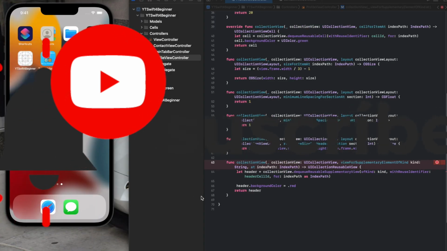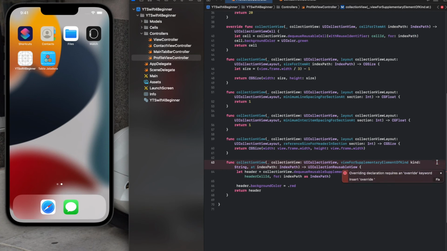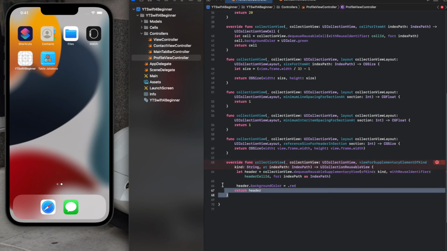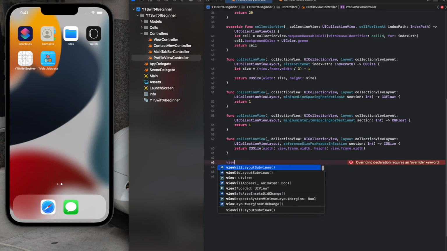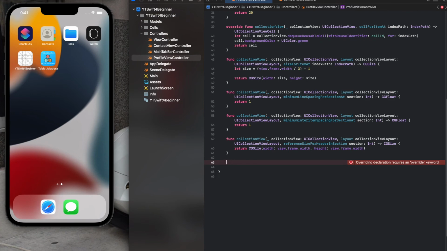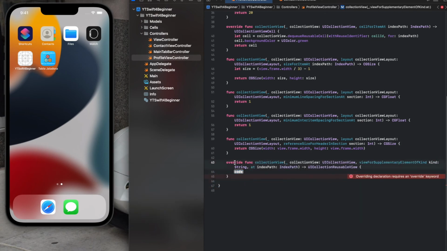So 2 minutes after I finished the video, I found out the solution. So we need to insert override, right? So basically, let me copy this. If you go for like view for or whatever, supplementary, yeah, right, view for supplementary element of kind. If you see this, it will add an override, and then you could just add the same thing as you have,